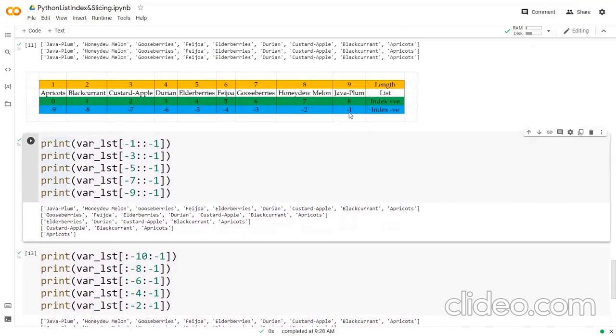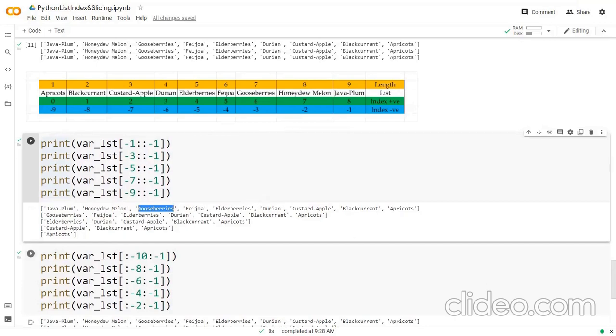My negative indexing starts from the right side, so -1, -2, -3, -4. It will first print Java plum, then honeydew melon, then gooseberry, and so on. In this particular way, we keep on moving from right to left.